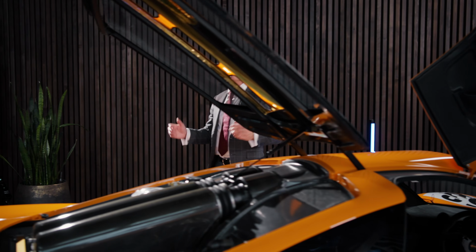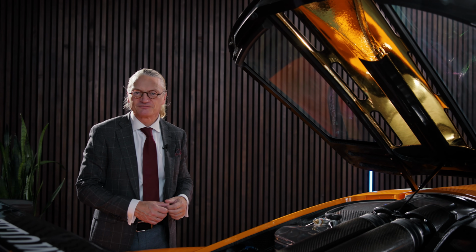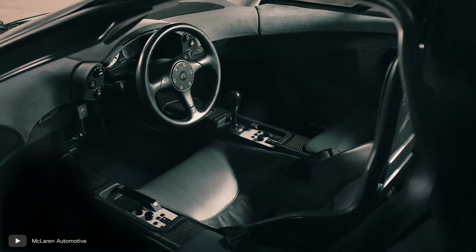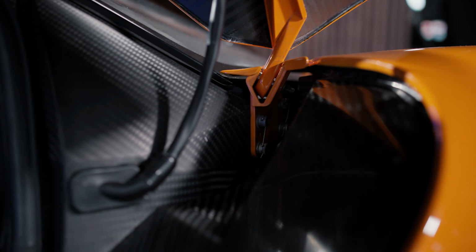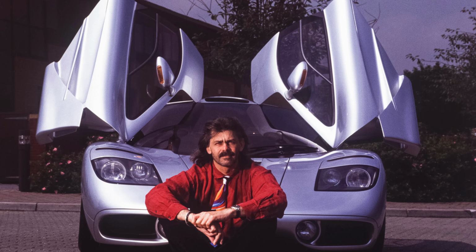Gordon Murray absolutely obsessed over the details of the F1. One of the most famous features is probably the engine bay lined with gold foil for heat insulation. But actually, the F1 is full of those sort of details. The air conditioning was designed from scratch because no existing system was light enough. Hundreds of screws were titanium, and the car features a minimum of brackets. Murray firmly believed that if you needed a bracket to attach an item to, the overall design just wasn't thought